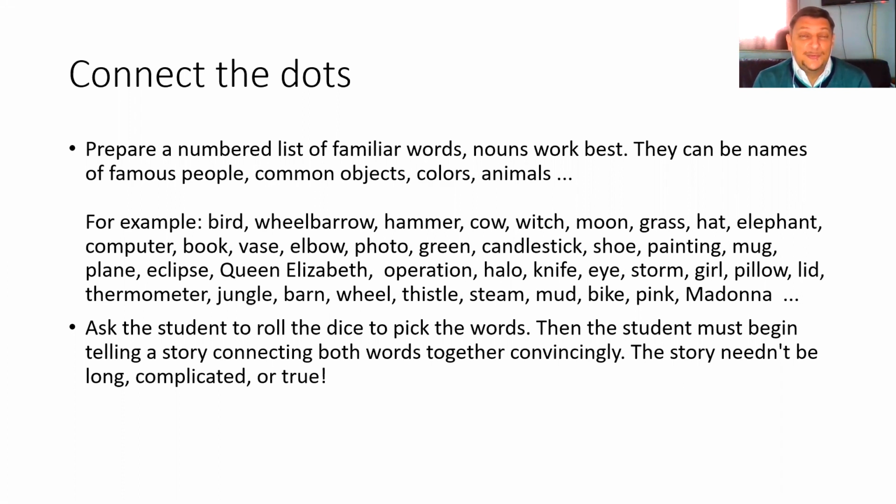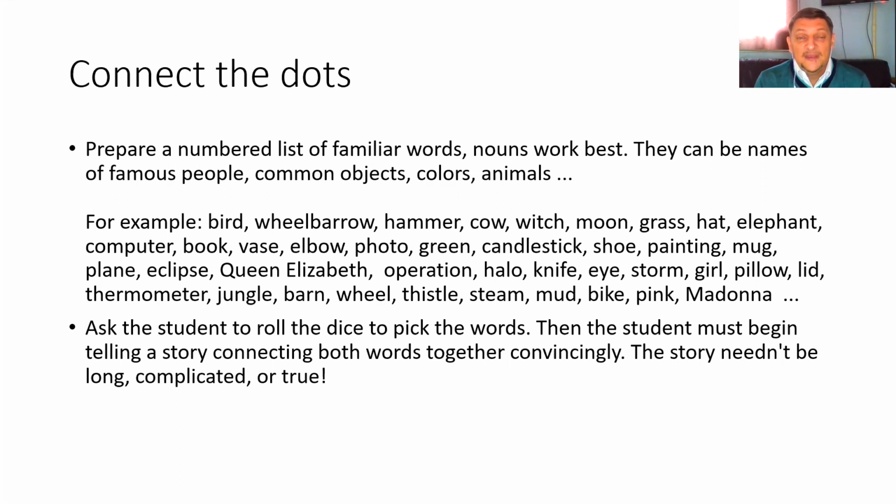first of all, students will roll a dice to see which words they will need to use. That's why if you have only numbers from 1 to 6 on the dice, you will need a few lists with numbers from 1 to 6, list A, list B, list C, and so on. So that at the first throw of the dice, you choose a word from list A, then from list B, and so on. So basically, the students roll the dice to pick the words, and then the student must begin